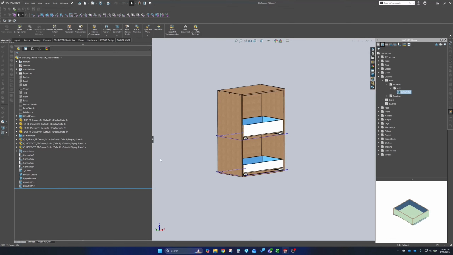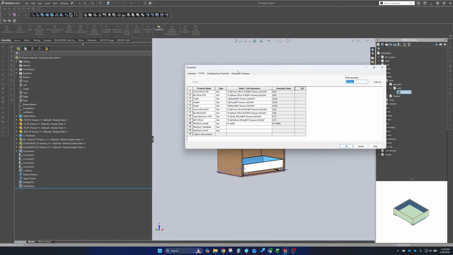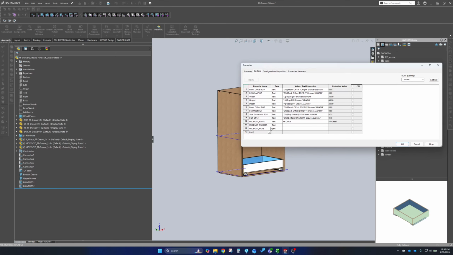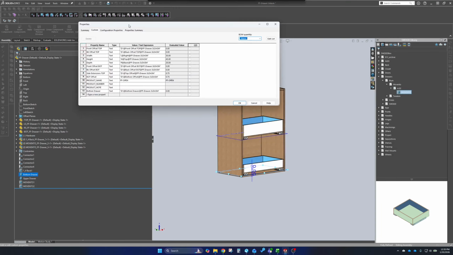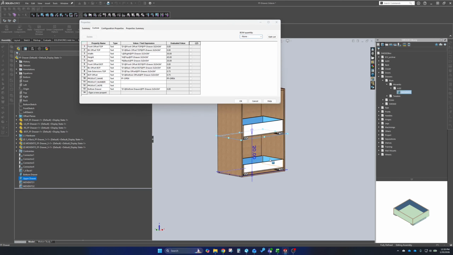And you can add a variable to control these in here. So you could just select like bottom drawer, come over here, double click the plane and select here, and it's basically making a link from your custom properties to your plane dimension. I still want this window open. I could do the same here, so double click that, say upper drawer,